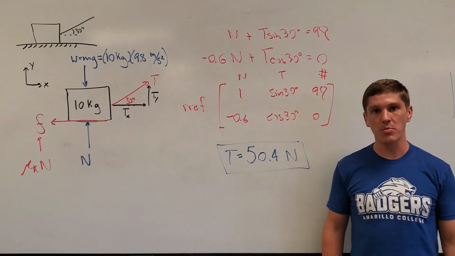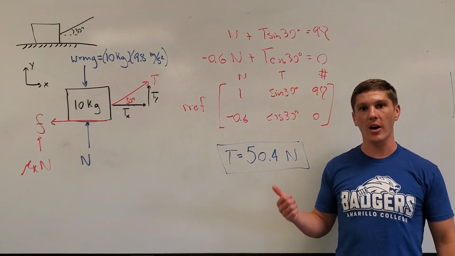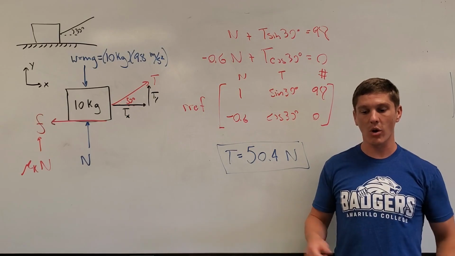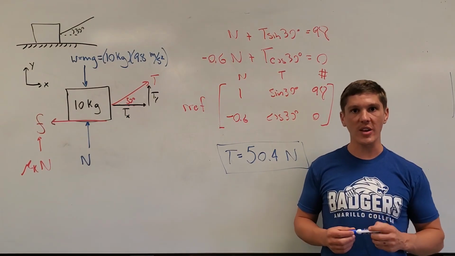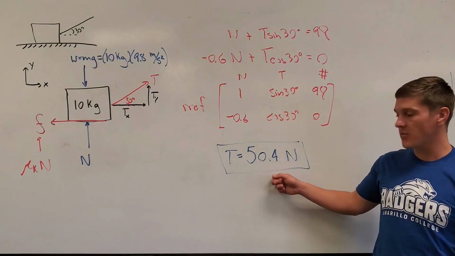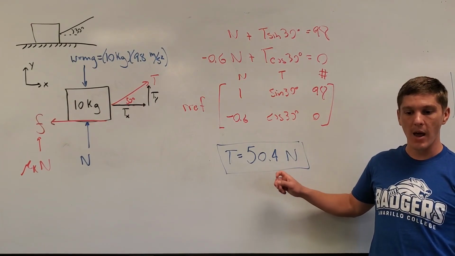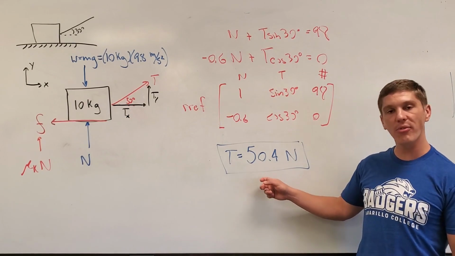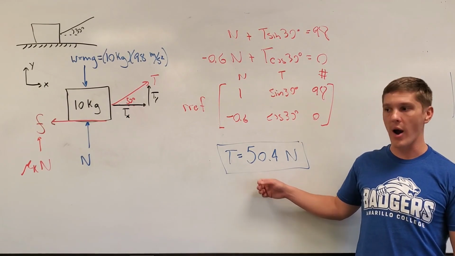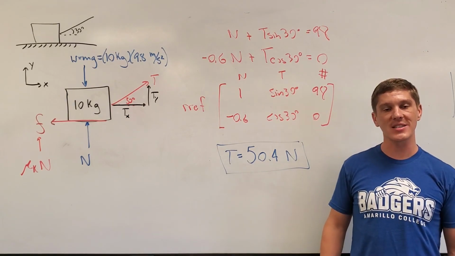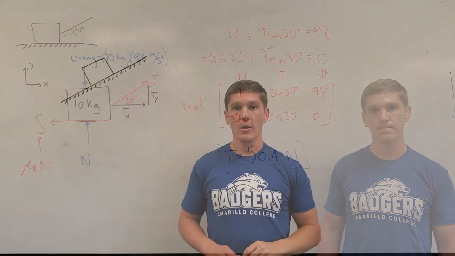So now we have solved this problem. We said that in order to get the block to initially start moving, it's going to require about 62 newtons. We had 61.9. In order to keep the block moving, it requires 50.4. So it goes from about 62 down to about 50 newtons. So we have a pretty big drop here in the amount of force required just to keep that block sliding along the ground. Okay, let's go ahead and work